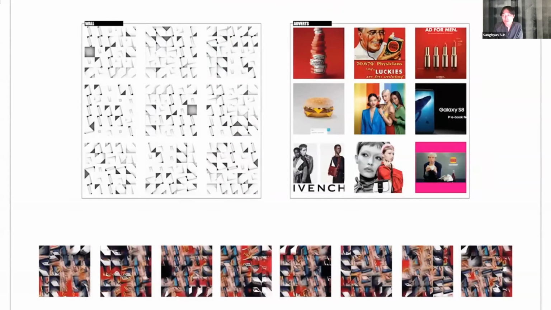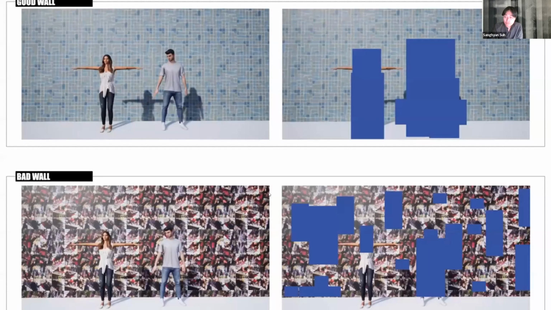On the more neutral tiled condition right here, machine vision can sense the human being at a much higher fidelity, whereas the texture that I generated with the machine learning tool has a lot of